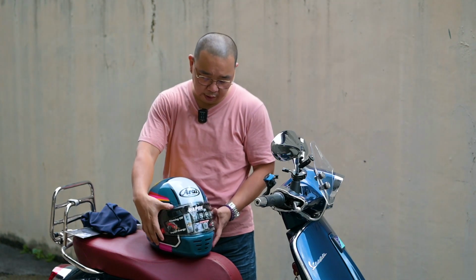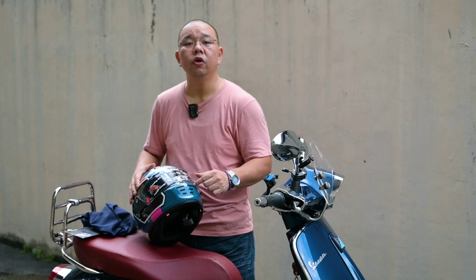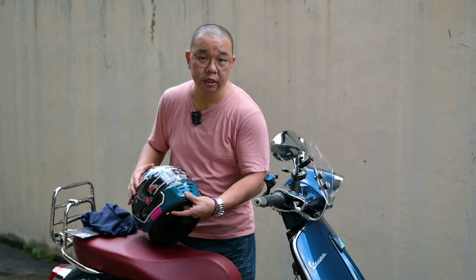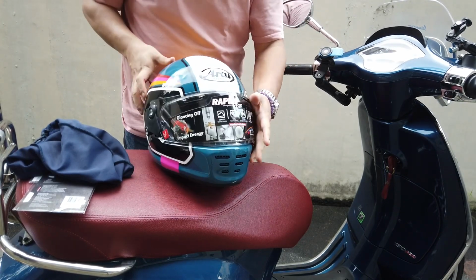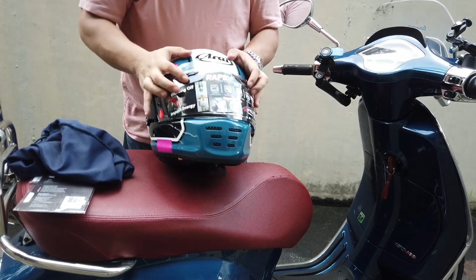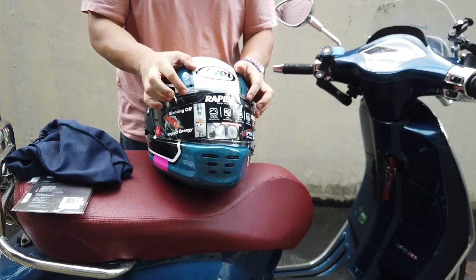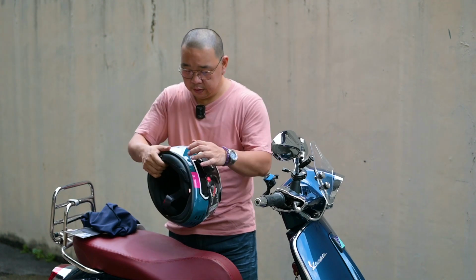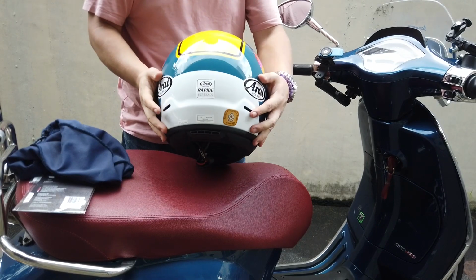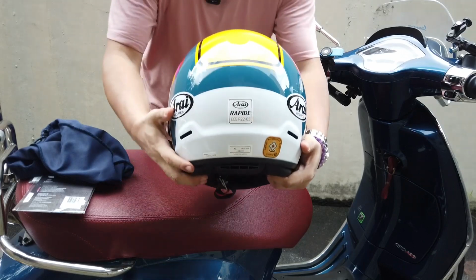Now, if you notice also with Arai, the number of vents here, this one has a vent here. It may not look like you can actually close this, but there is a switch at the back inside that you can use to lock it. And then, which is very unique to Arai, you have the eyebrow vents. This is going to circulate air on the top of the head. And then you have two passive vents at the back. The passive vents will pull out all the hot air, and under the neck, if you notice here, there's also